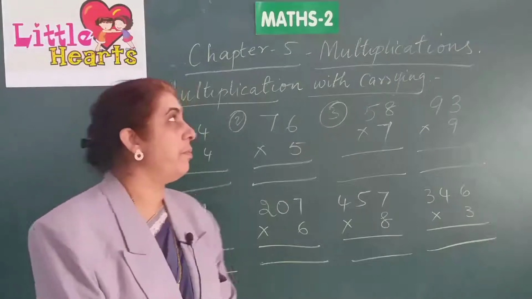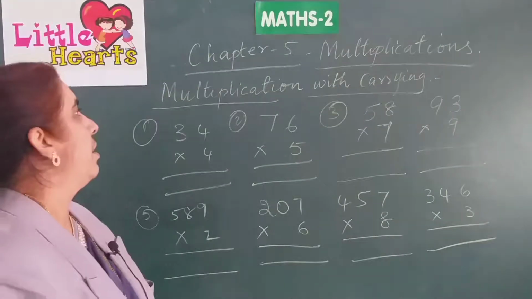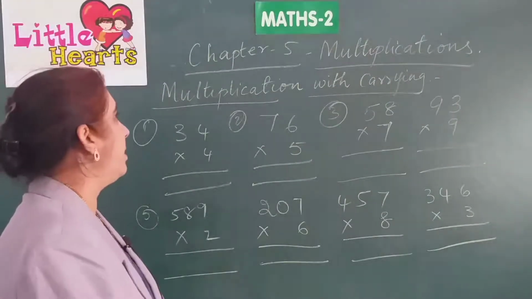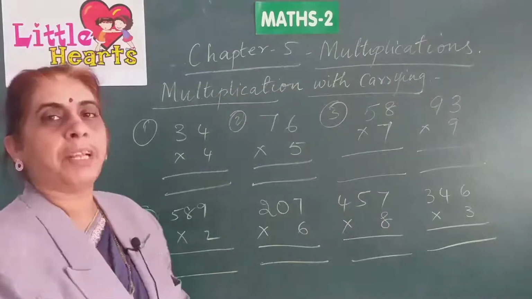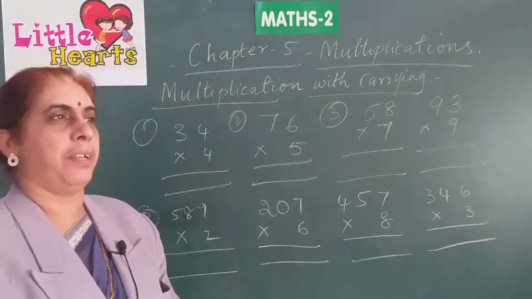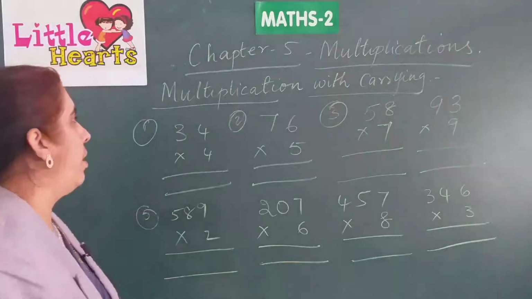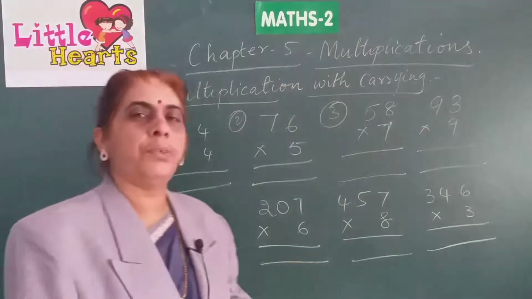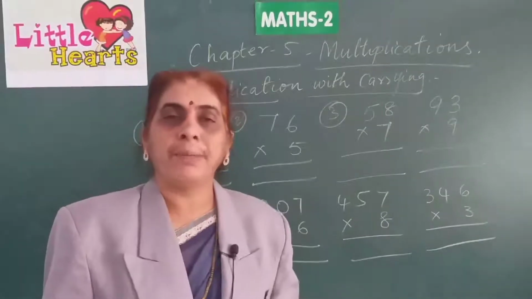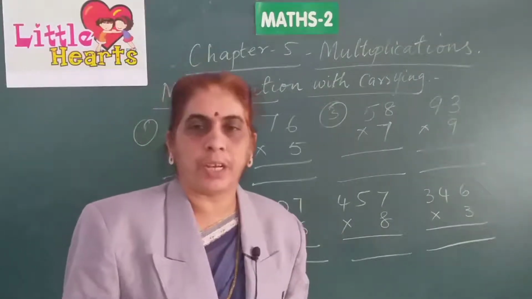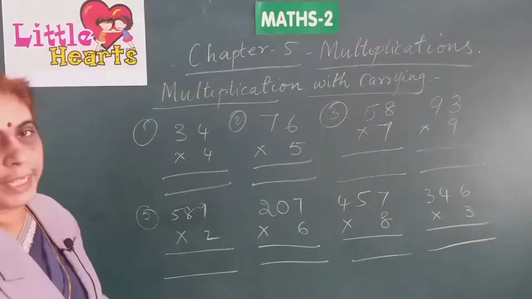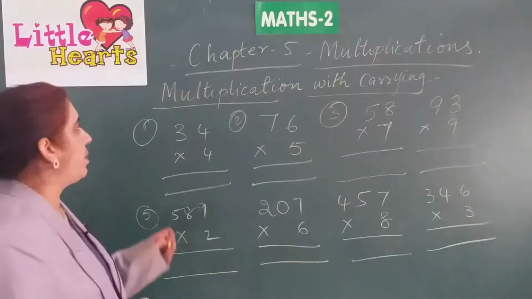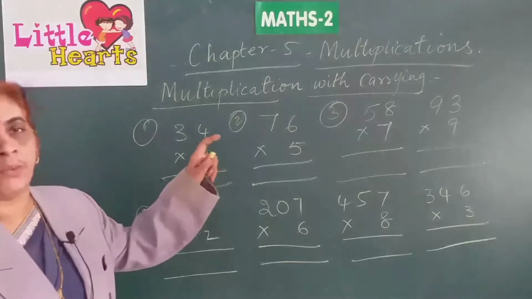Already we have gone with multiplications in the previous class. This is the continuation of that class. Already we learnt multiplication without carrying. First of all, to do all these problems, you need to be thorough with the multiplication tables from 2 to 9. And here we are dealing with multiplications with carrying. Let us go with the 2 digit with 1 digit now.